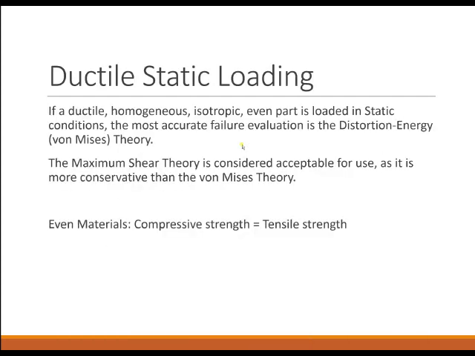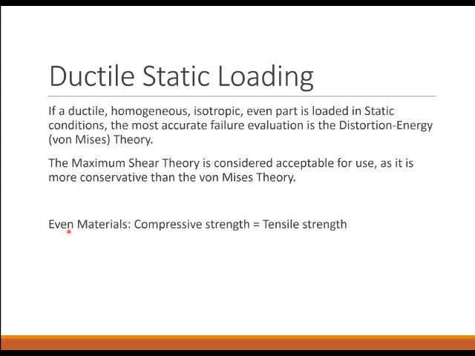So the results after many years of testing is that if a material is ductile, homogeneous, isotropic, and even, and if it's loaded in static conditions, then the failure evaluation we ought to use is the distortion energy, or the von Mises theory, with a caveat that if you would like to use the maximum shear, that's considered acceptable because it's more conservative than the von Mises. It's very important. If the material is ductile, you cannot use the maximum normal stress theory because it is not a good predictor for some cases